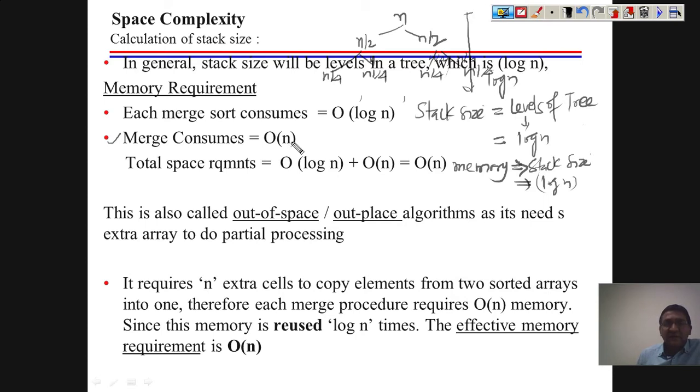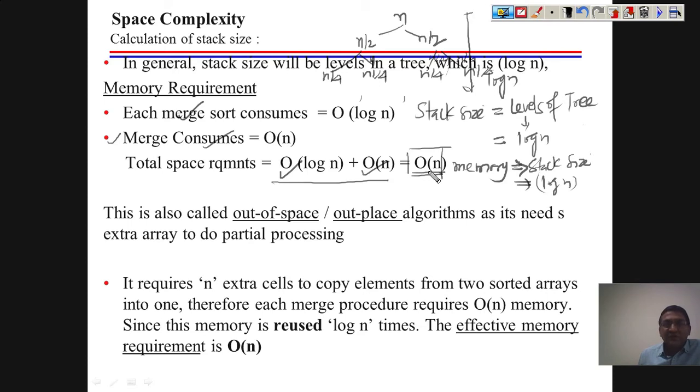For this we need big O of n memory space. So what is the total memory? We need log n memory because of the division procedure, and also big O of n because of the merge procedure. So the total requirement is big O of n. So big O of n is the space complexity of the merge sort procedure.